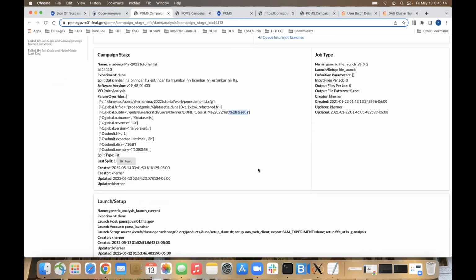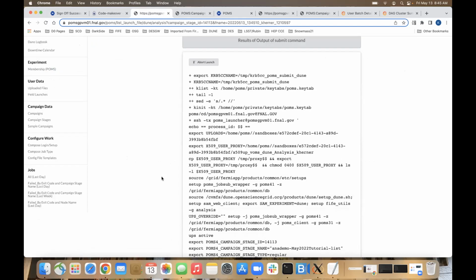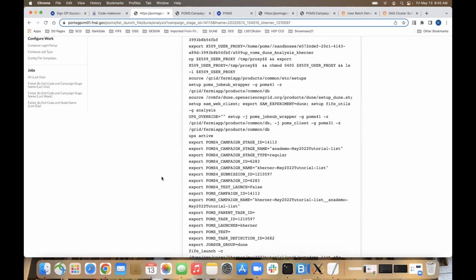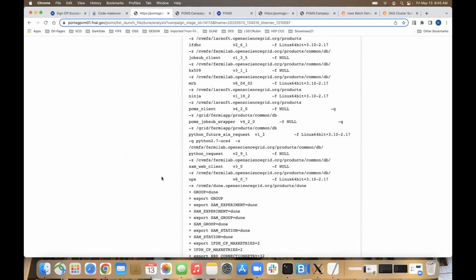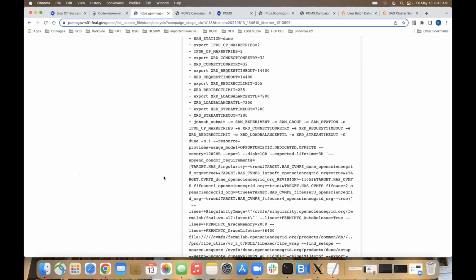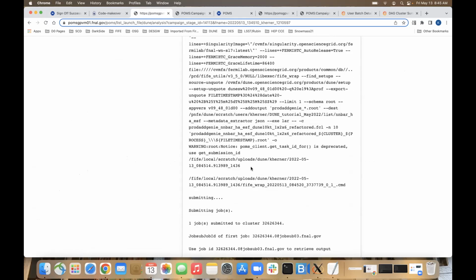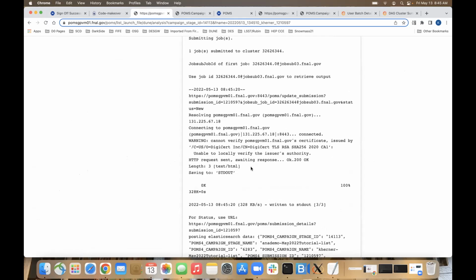So every time you submit, you will increment the list split. So we do that now. The split was set to 1 because I'd sent a first probe job. I'm only doing one file. Again, this is just an example. And doing 10 events. So these should be very fast jobs. Okay, now it's submitted. Now if we go back,